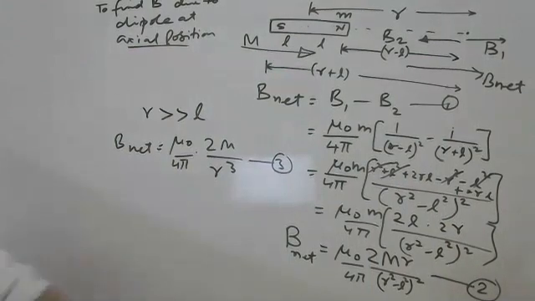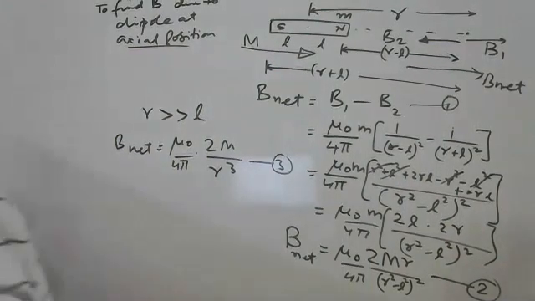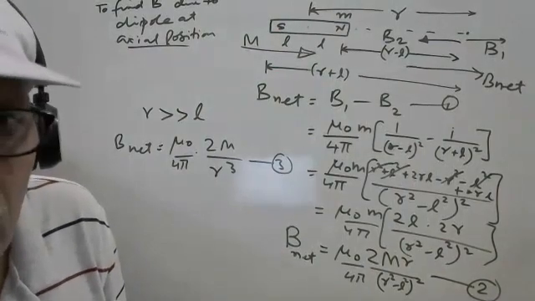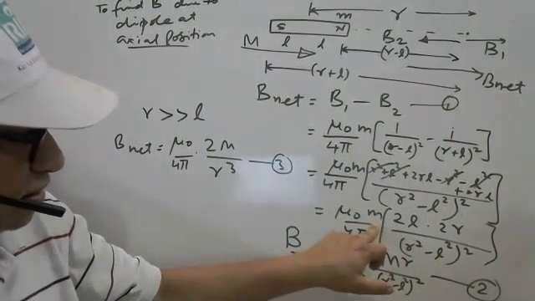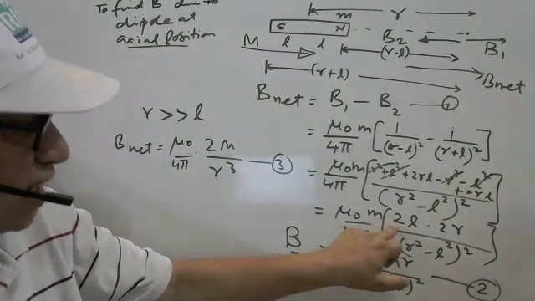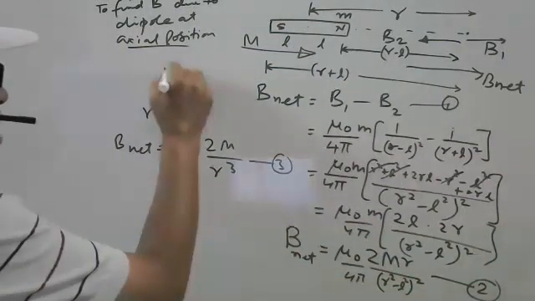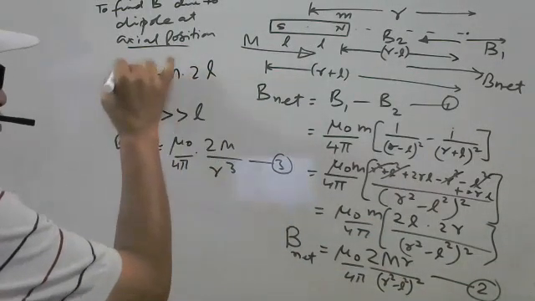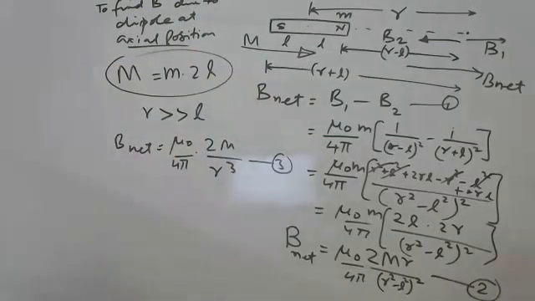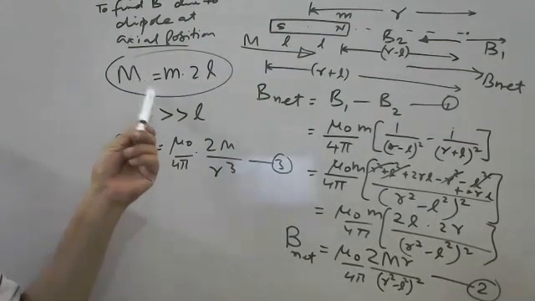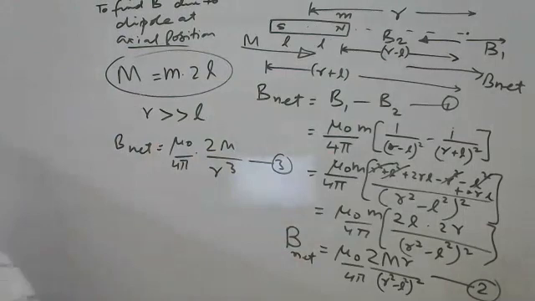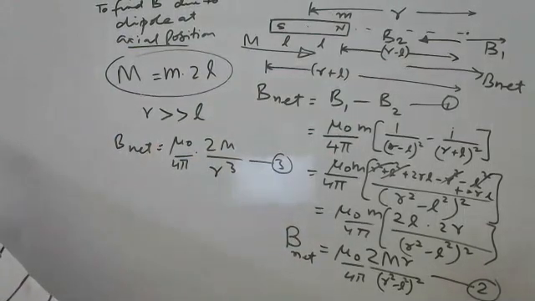Got it now? Sir, yes, please. So where did MR come from? So can you explain again from where MR? Okay. Small m, can you see this one? Small m into 2L. We are writing here m into 2L is what? As per the definition of dipole moment, we can replace small m into 2L with capital M. What is capital M? Dipole moment. And what is small m? Pole strength. Alright, sir. Yes, sir. So, any doubt up to this?